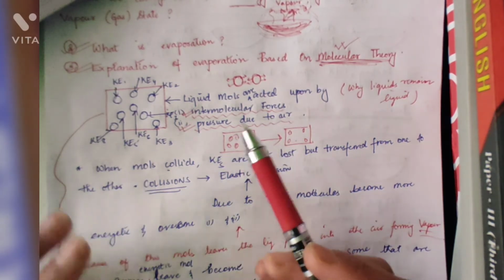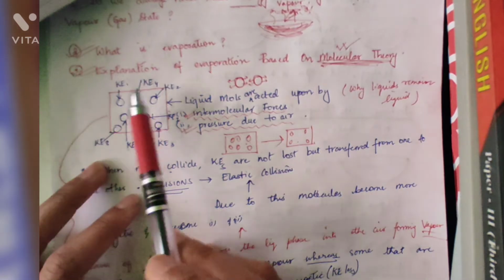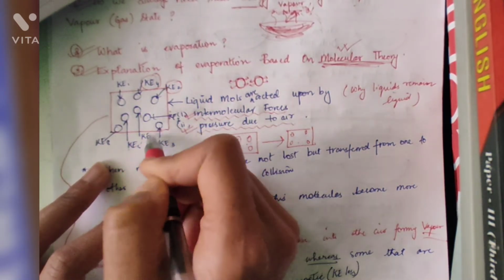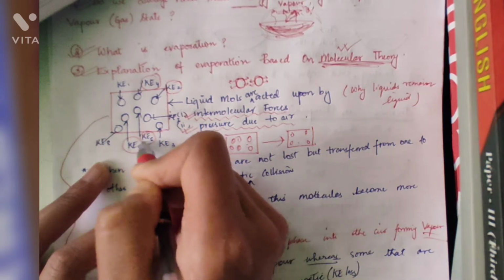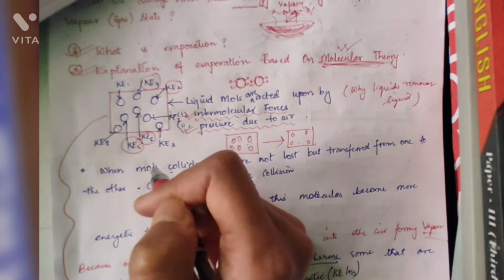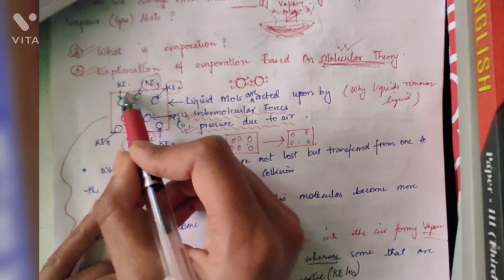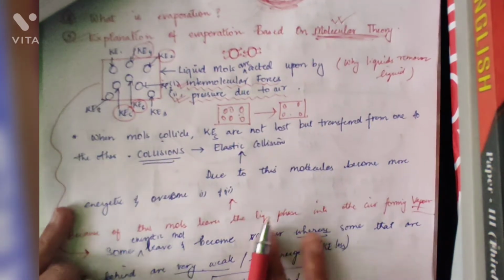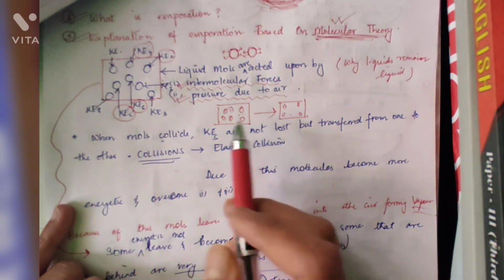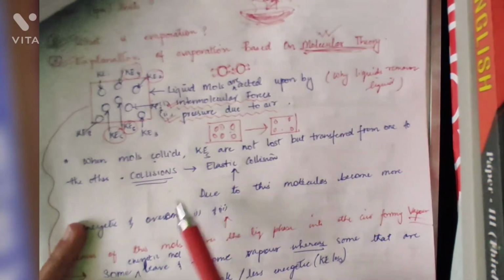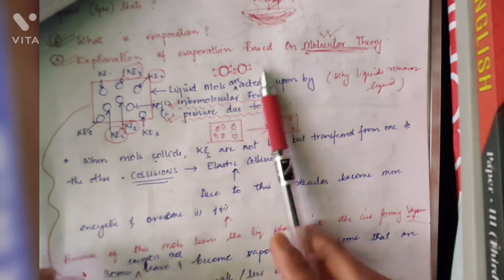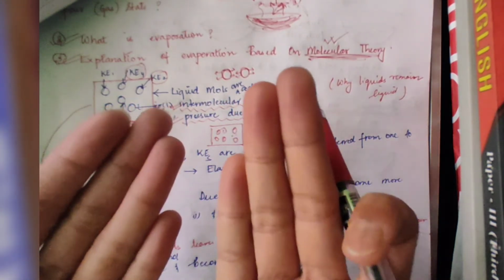See, let me tell you that molecules have different kinetic energies. Okay? Suppose I am a molecule and you are a molecule. I will have different energy, you will have different energy. It's like that. So these molecules have different types of energies. All right, after they have different types of energies and after they are vibrating, what happened? These molecules collide with each other. Okay, suppose this molecule will collide with this molecule. Okay, it will be like this.